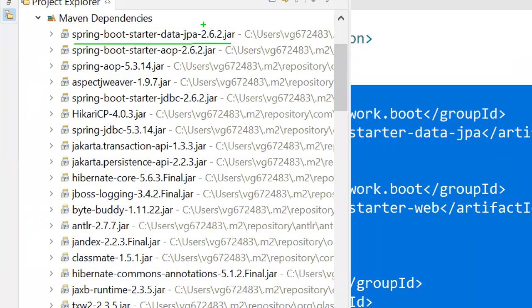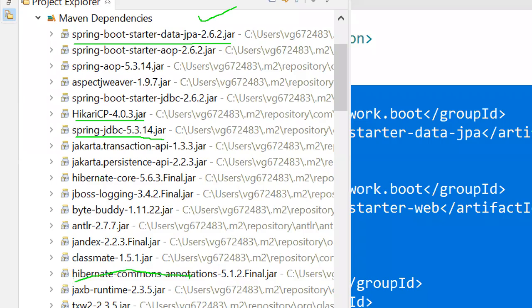You saw that? Also the connection pool jar, HikariCP. I'll explain this slowly. Hikari connection pool, Spring JDBC. These are the new jars.